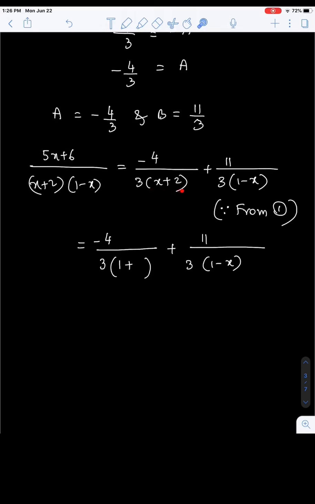What did I do? Focus to write this binomial, which is actually 2 plus x, as 1 plus. Here already 1 minus is there, no change in it. But here change should come. So what to do now? You should divide by 2 here. Dividing by 2 means the denominator is divided by 2 and the numerator also is divided by 2, so that the value will never change.